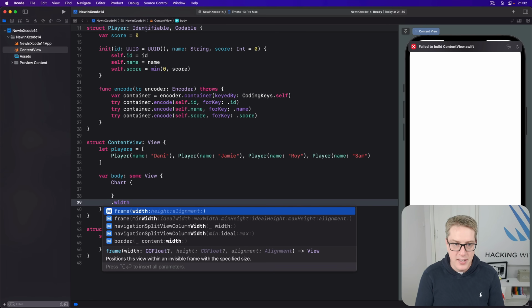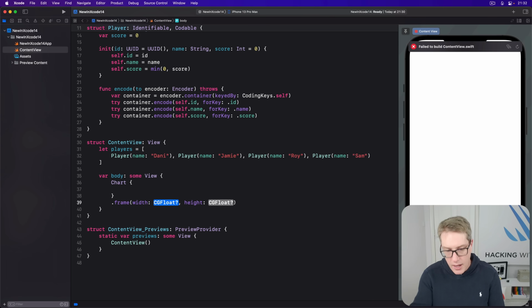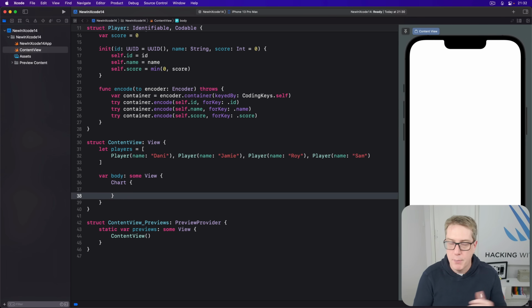So you might find doing width H, for example, is the best way of doing frame width and height. There's a short way of doing it to work around the new completion options. Anyway, another change you might have just seen briefly if you look really closely was the way code completion collapses